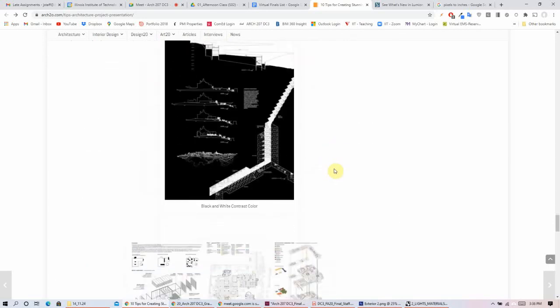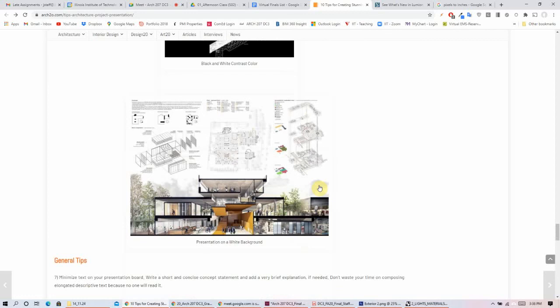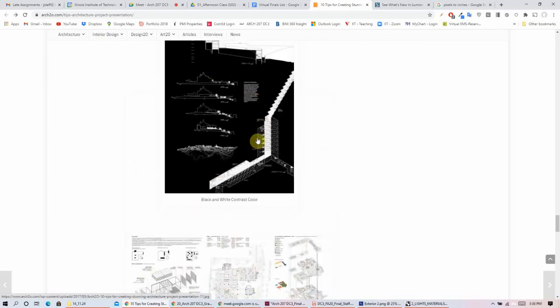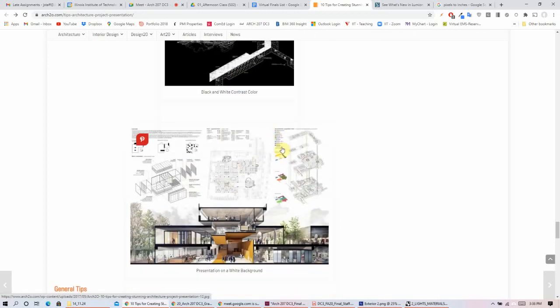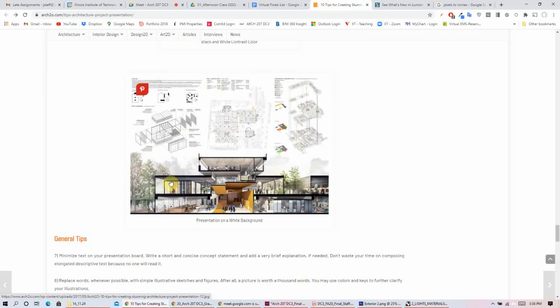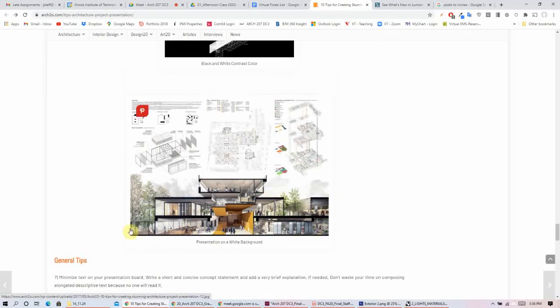Okay, image hierarchy. I think this one actually shows it better. This is black and white contrast color, which is very strong, but tricky to get away with because, again, all black background. So I thought this one was really nice because the section perspective, that big beautiful section